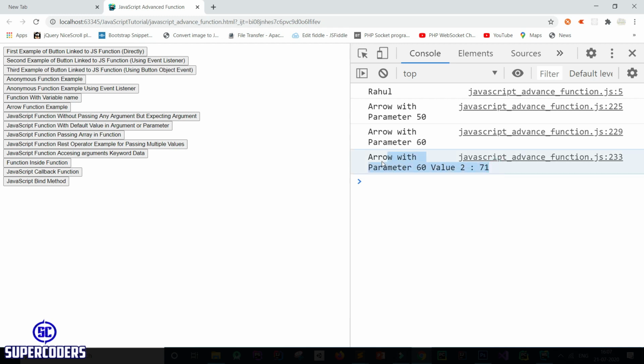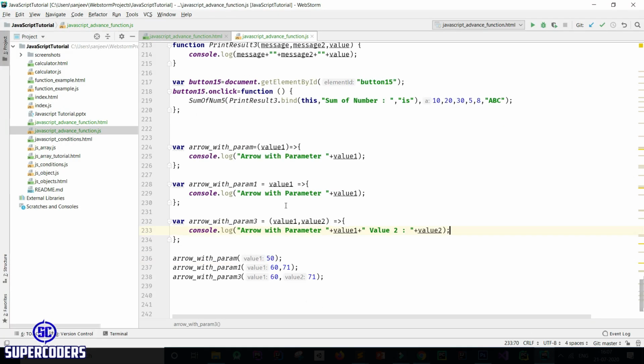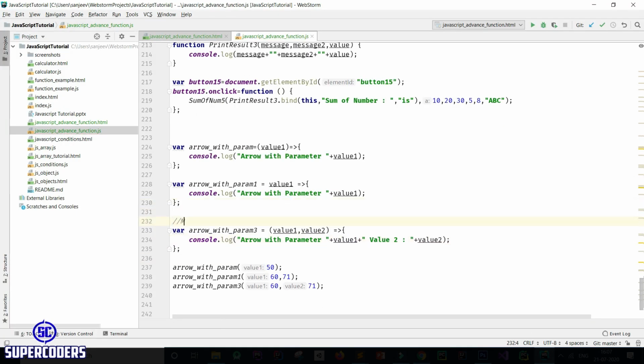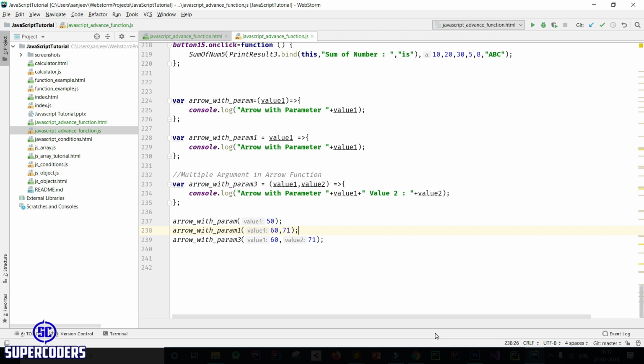And you can see multiple arguments in an arrow function. So these are all the examples of JavaScript functions from basic to advanced.